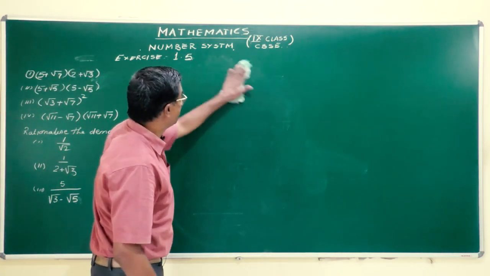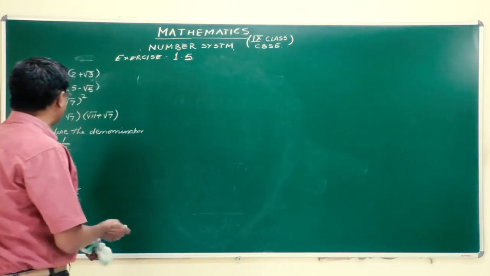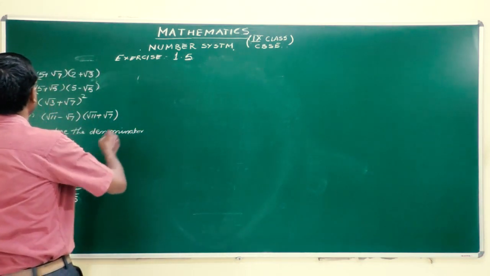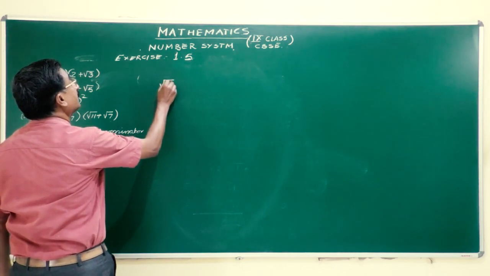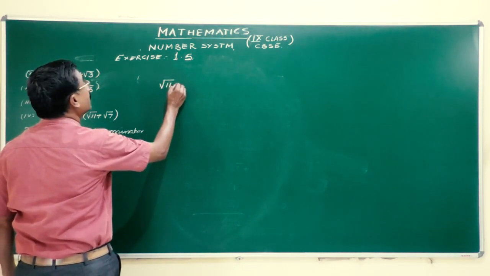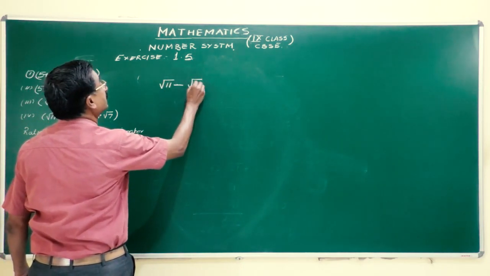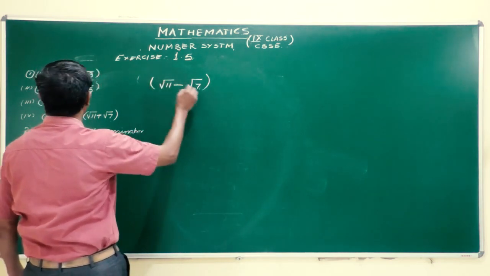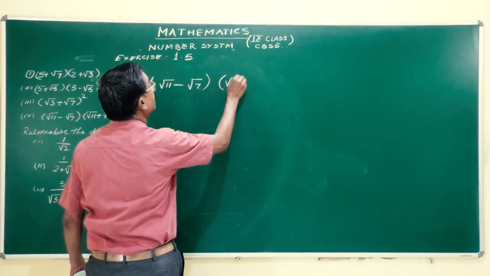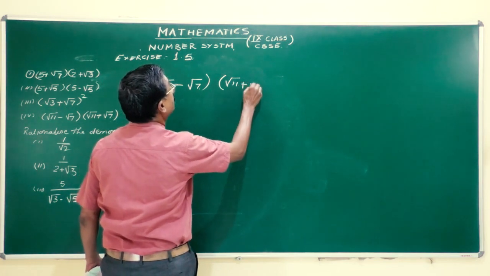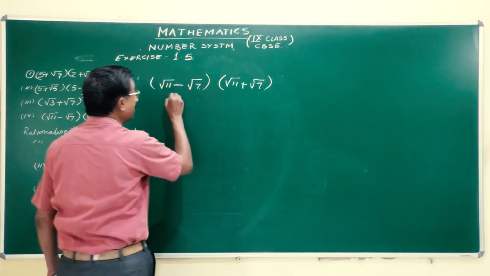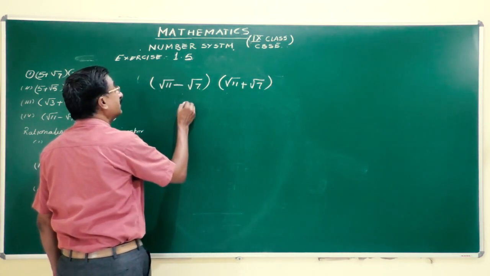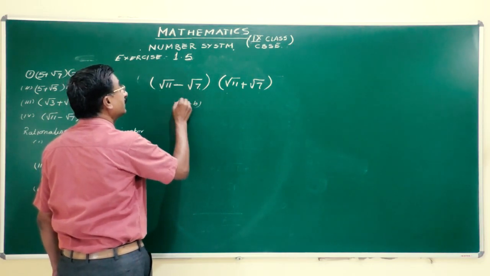Fourth one, these are the examples. I have not started the exercise. Example: under root 11 minus under root 7, into under root 11 plus under root 7, and it is a very simple exercise. So a minus b into a plus b. So again,